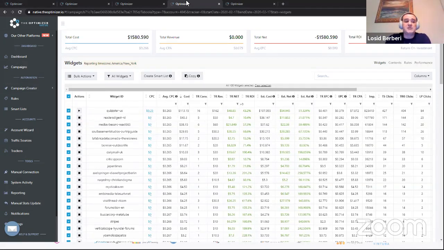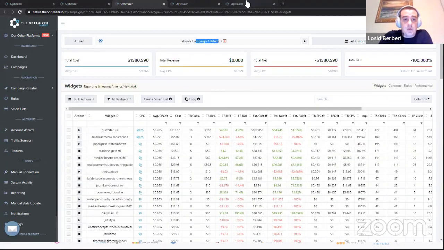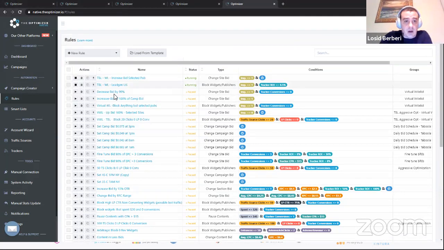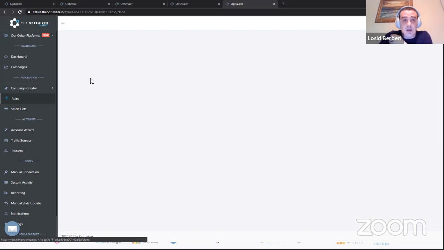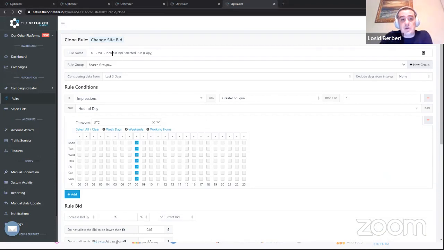So we still have room for using the bid change to address the limit. Now, what we want to do is create another bid change rule, and we can do it from this rule that we just created. Just clone it, and we're changing the action from increase to decrease. So we're decreasing the bid,